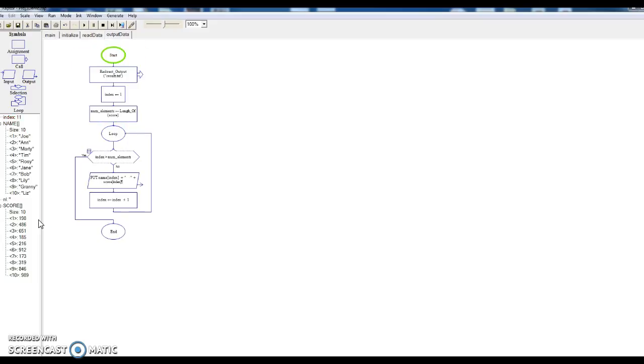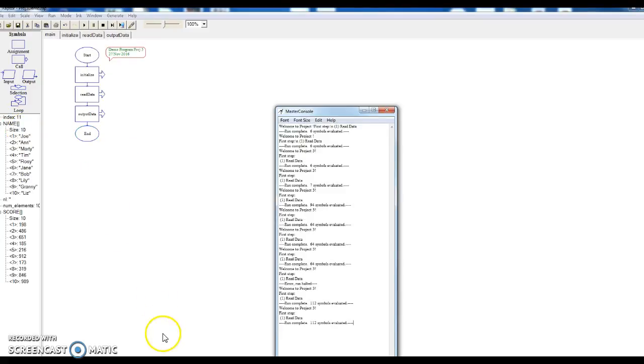Now it'll jump into the output file, the output data module, and now it's going through the loop. In this case, you don't see anything because it's not printing it to the console, but it's outputting it to a data file. So in a second, when it's done going through, as you notice, index is cycling again. As we get to index 10, then it will exit, and I will get to the end of the program. Now that I'm at the end of the program, as you can see there,